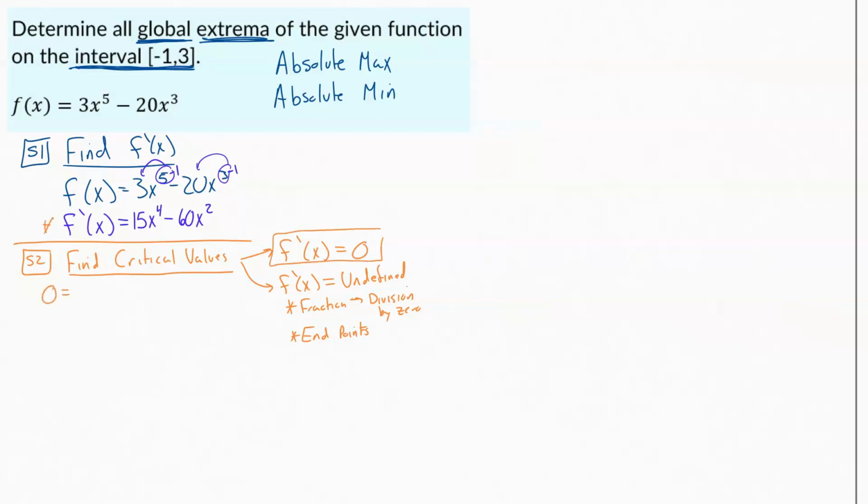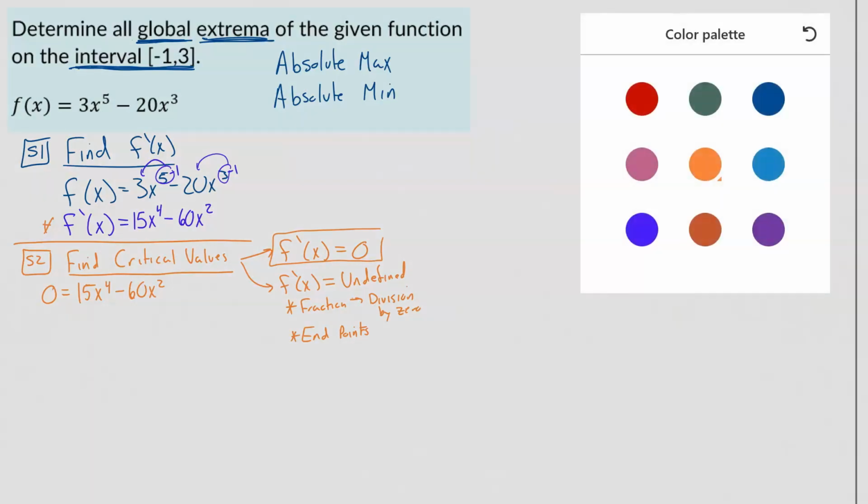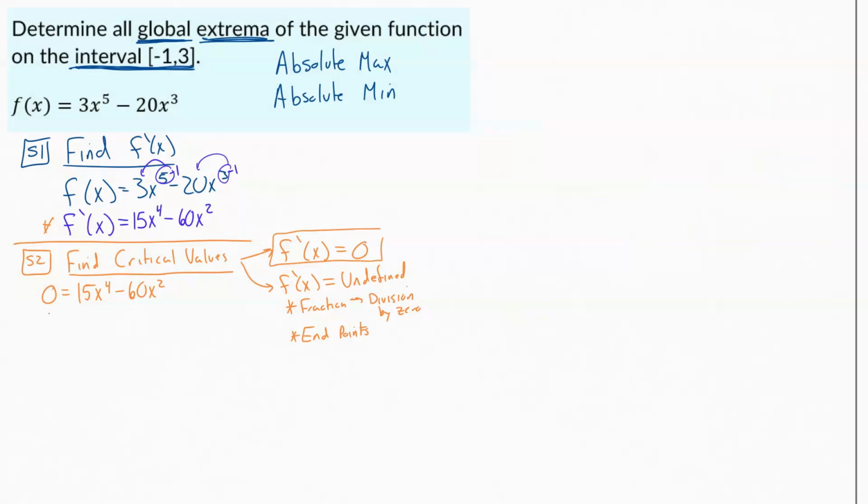So we get 0 equals 15x to the fourth minus 60x squared. To do the algebra on this, really anytime you've got a power of 2 or greater in your problem, the method is almost always going to require you to factor. And so that's what we're going to do here. We're going to start by factoring out whatever we can from both of these pieces. So looking at the numbers first, I can pull a 15 out of both pieces. And then looking at my x's, I can pull an x squared out of both pieces. What that'll leave me, I pull the 15 out. I pulled 2 x's out, so that's going to leave me x squared inside. I get minus, pulling 15 out of 60 gets me 4, and then I pulled all those x squareds to